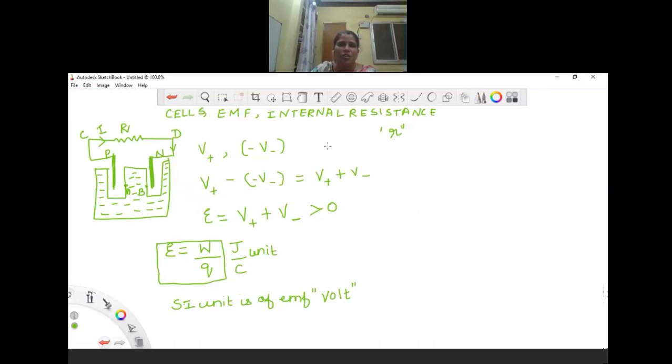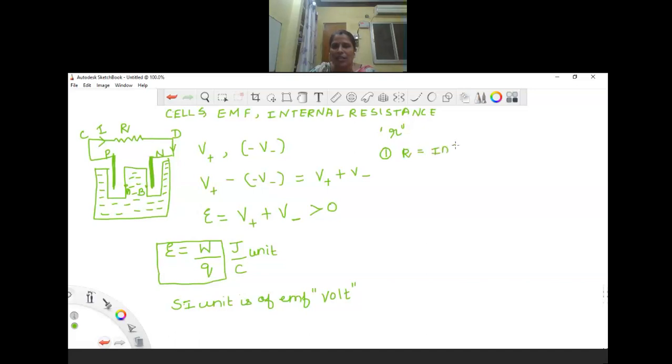The resistance offered by the electrolyte, which is nothing but the internal resistance. Okay. So now I told you that we are going to consider two cases here. The first case, so let us consider the first case, case number 1. So in the first case, I am going to consider R, that is capital R, equal to infinite.